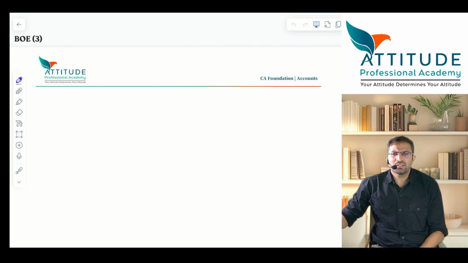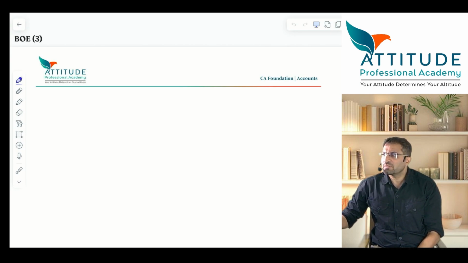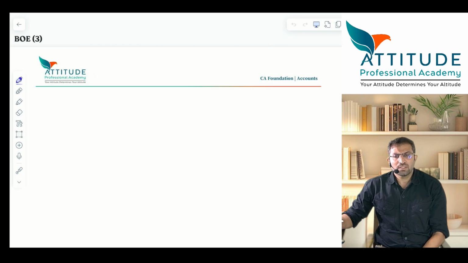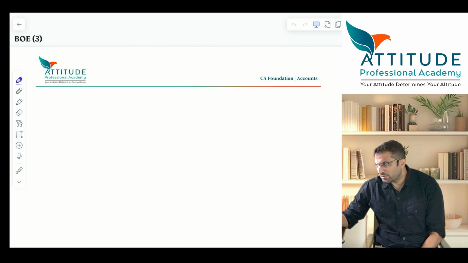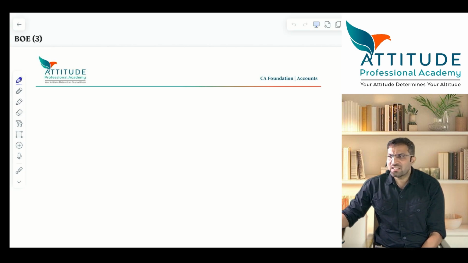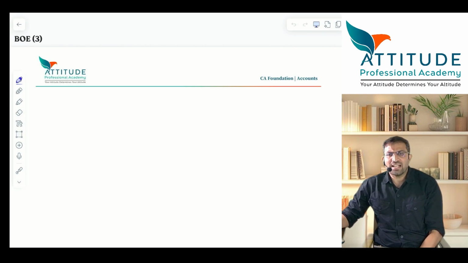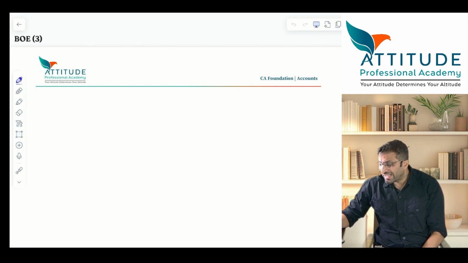Today we'll take a new concept, and this is there as a topic in your CA Foundation. But nonetheless, generally I take it, reason is you will come to know what exactly is a bill of exchange. It is actually known as the Negotiable Instruments Act, which is there in your law also. Bill of exchange is a negotiable instrument. Even a promissory note is a negotiable instrument. All those things we'll study in law. But right now we'll study the accounting aspects of bills of exchange or a promissory note.